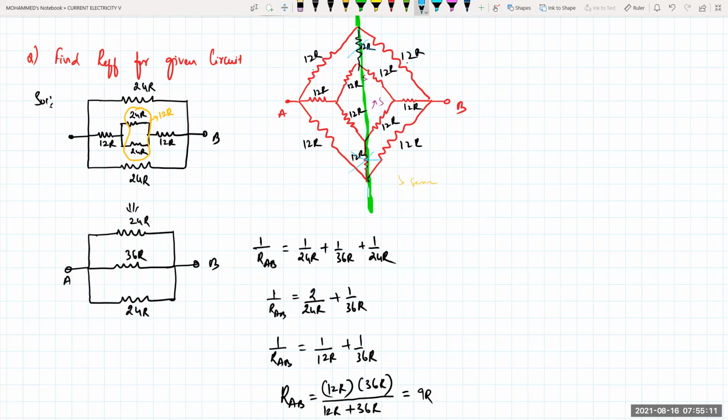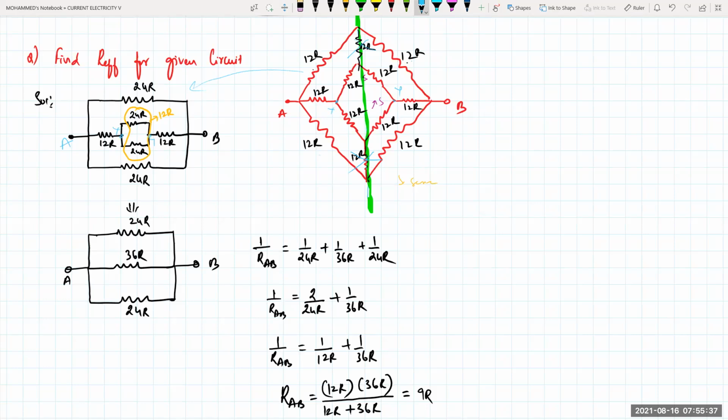So this 12R and this 12R will be in series. So I have drawn here right now. That will be 24R. Below one is also 12R and 12R in series. There is 24R. And between A and B, beta, this is some point, say for example X, and this is some point, say for example Y. Between A and X there is one resistance, beta, 12R. Between Y and B there is one resistance, beta, that is nothing but 12R.